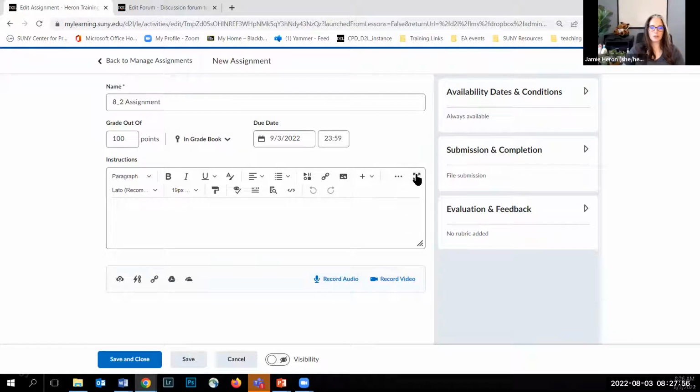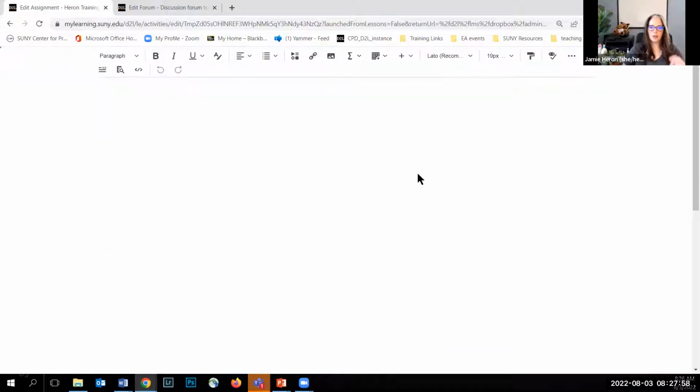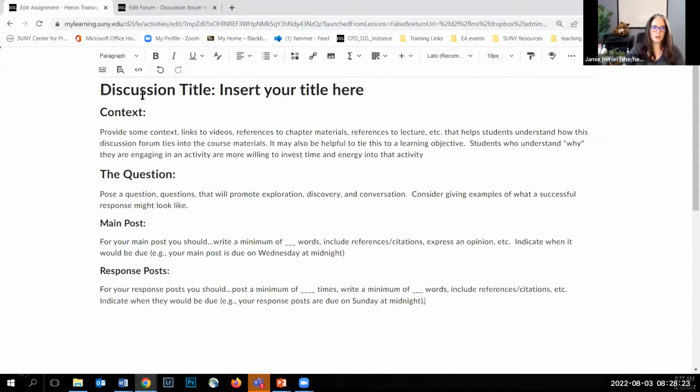I'm going to include instructions here, so I will expand it out to full screen, and we do recommend that even if you have instructions for all of your gradable activities contained within your syllabus or your course information documents, that you also make those instructions available where students are submitting. So that redundancy is actually encouraged in online course delivery. So please feel free to put your instructions right here. I'm going to reuse my discussion forum instructions, and